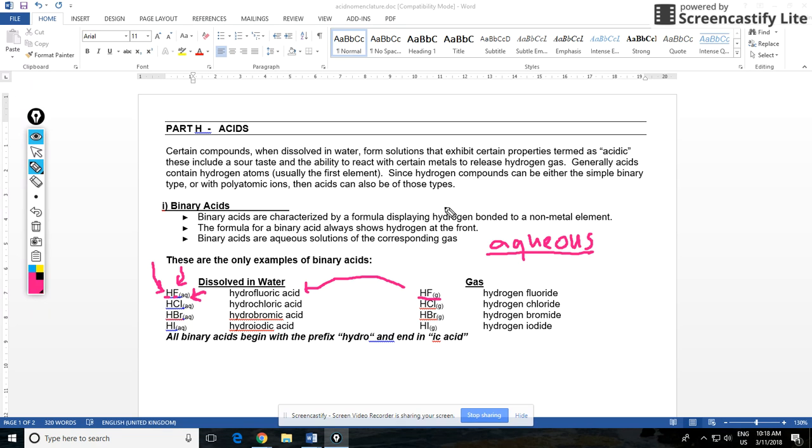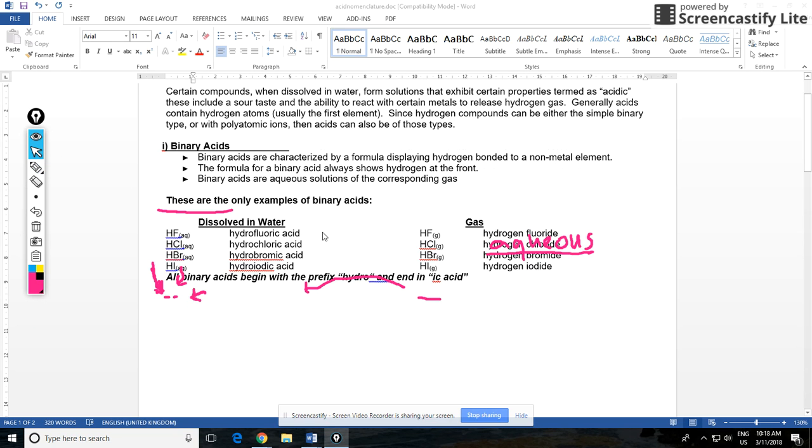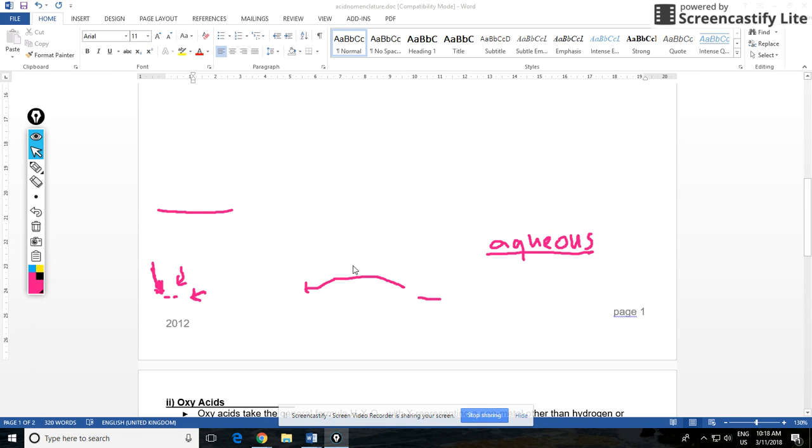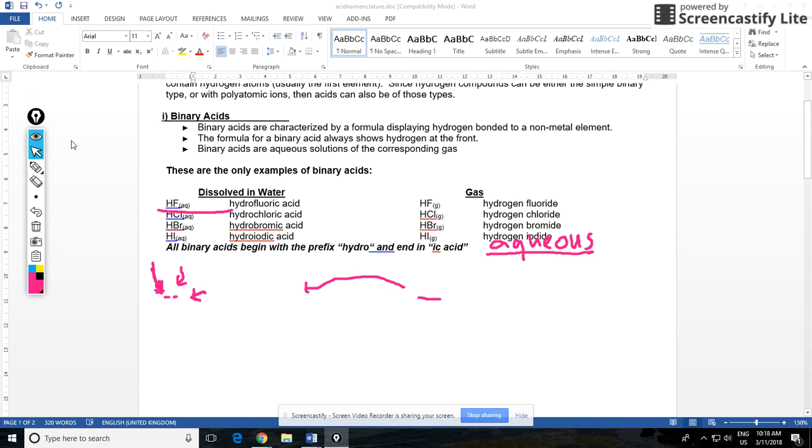So there's two main types of acids that we'll be seeing. We'll be seeing binary acids, which have two elements in them, H and a nonmetal, and then something called oxyacids, and they have H and usually a polyatomic ion containing O in it. In this video, we're going to focus on binary acid naming and formula writing. In the next video, we'll study oxyacids. So we'll start off by learning how to name